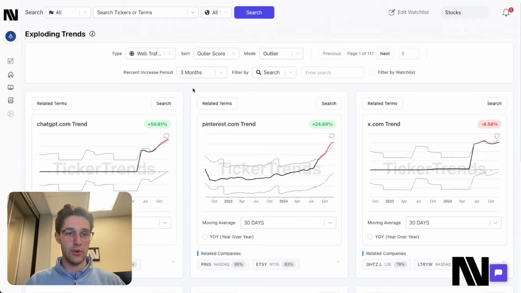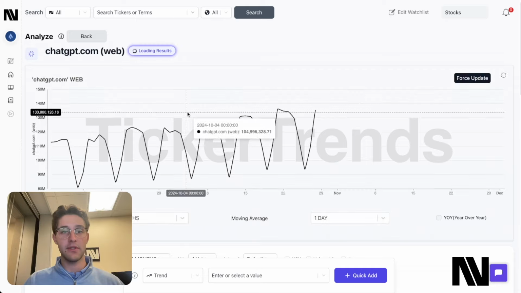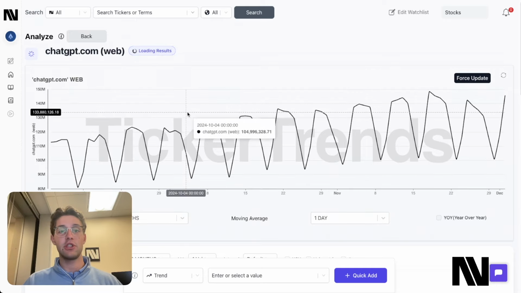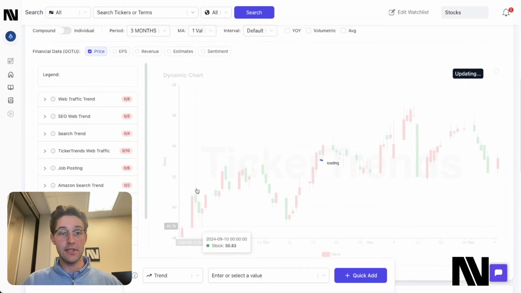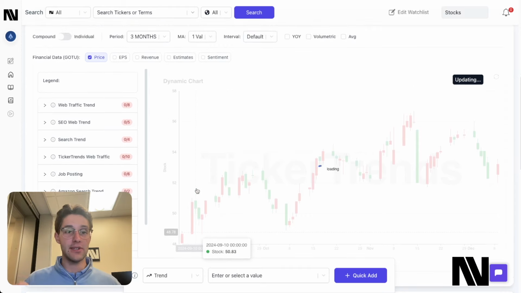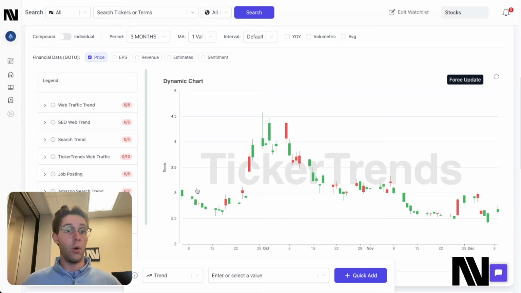I can find opportunities that interest me from this corpus of data and then go to the Analyze page and view that data in far more detail, whether I want to connect it to financial markets and use it for financial market analysis, or I want to do this for competitor research, private market research, essentially anything that you'd use Google Trends for, you can do on Ticker Trends, but even better with more data sources, more ways to analyze the data, and more ways to discover opportunities within the data, all of which has some level of time series from all the different data sources that I displayed at the very beginning.